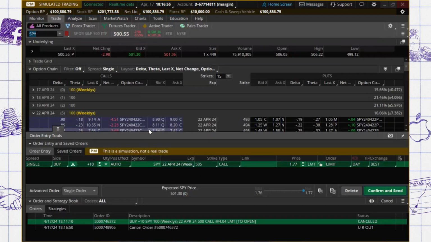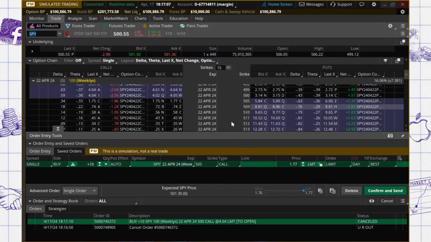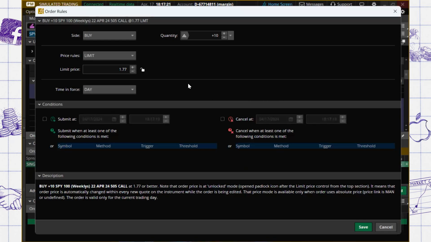It's a very specific question, Mark, so I just want to make sure that I hit all the details. Let me know if I miss anything. So again, I want to place an order based on an auto strata entry. So I pick the 505 for the end of the week. This is solid right here. I'm going to go to the wait condition. What I have to do is